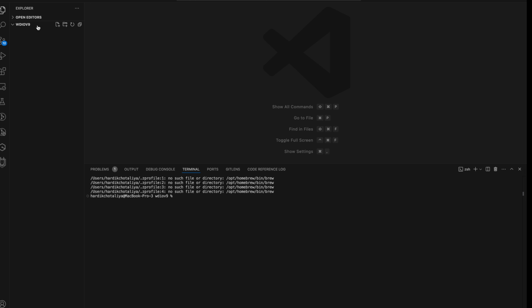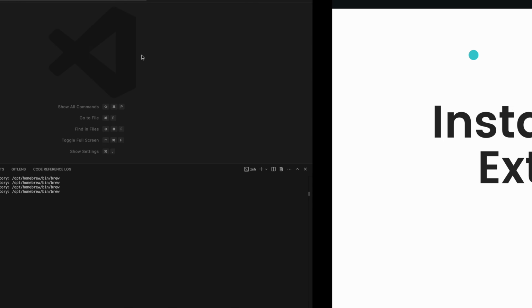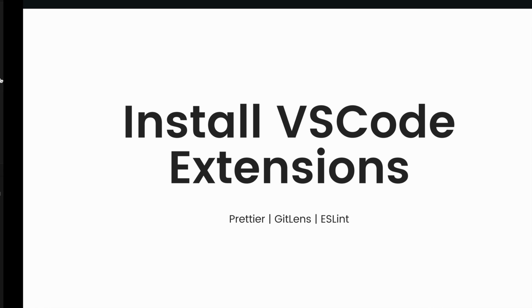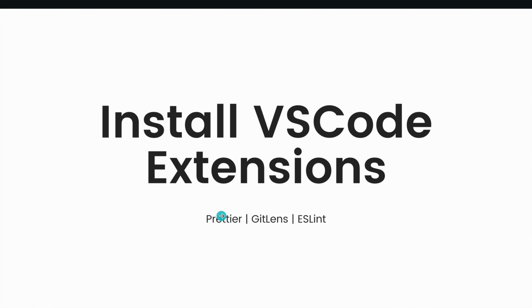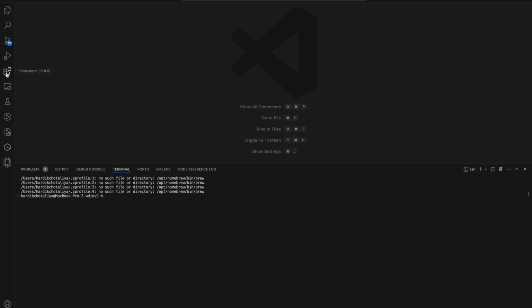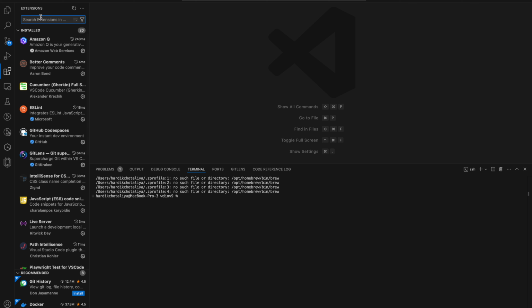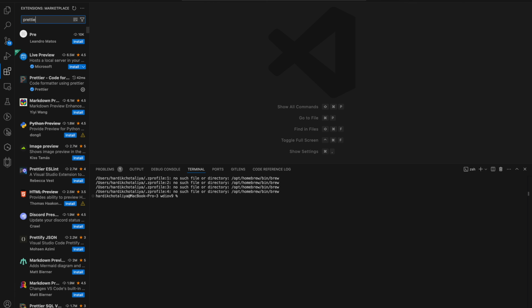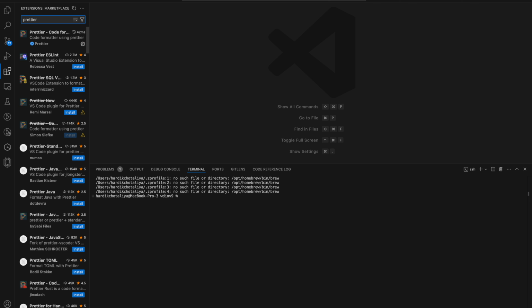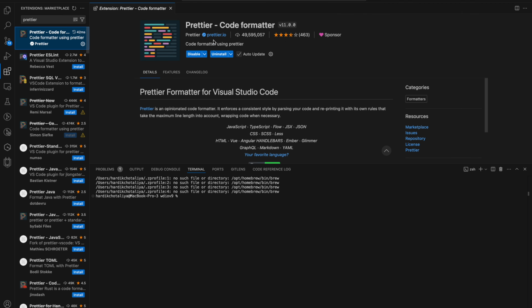Okay, so that's enough. Now we will install a few extensions that will be really helpful for us, which I can show you how to install. Just go to the extensions section and enter Prettier. Here you can see I have already installed it.